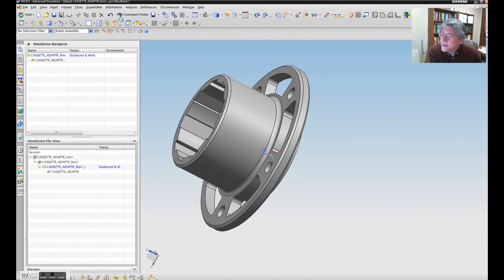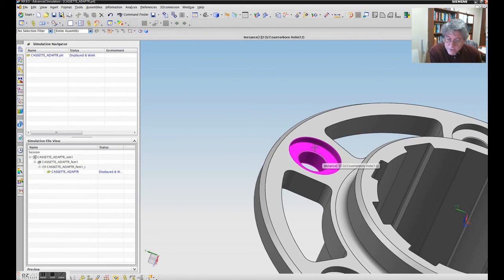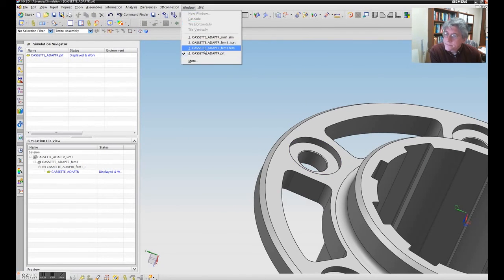So now we have a simplified geometry. This is our idealized part. Again, if you look at the top level part, those little features are still there. Well, let me mention another one. I don't know if I'm going to do it on this model, but